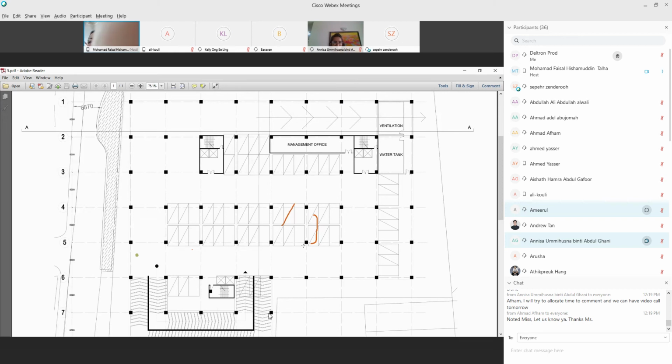Is that a standard to show the curb? I don't know. I just saw it on some basement plan and followed. From where? From Google. I just searched basement floor plan. Oh, we don't do that. That's not the standard we use.